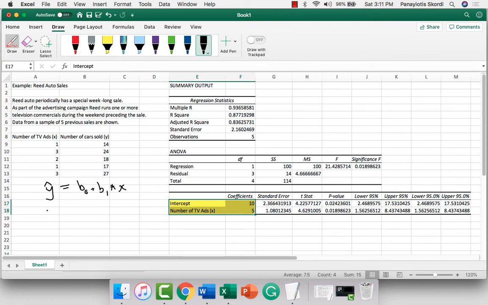So that hat means estimated. So let's put in estimated Y, and Y is number of cars sold. So the estimated number of cars sold